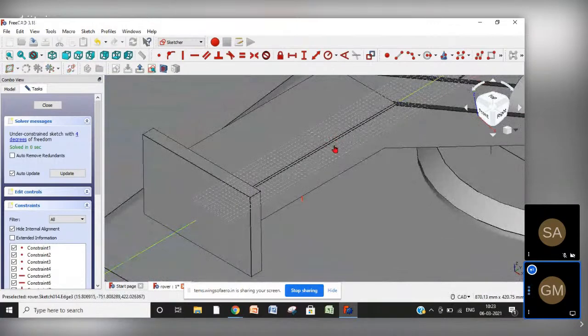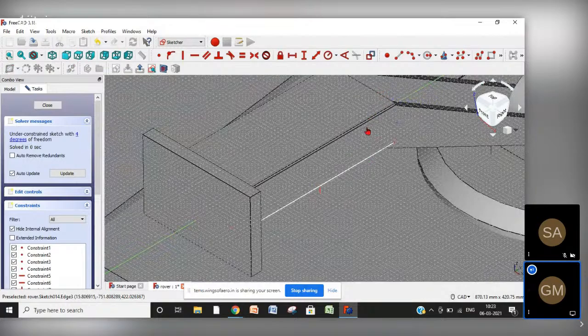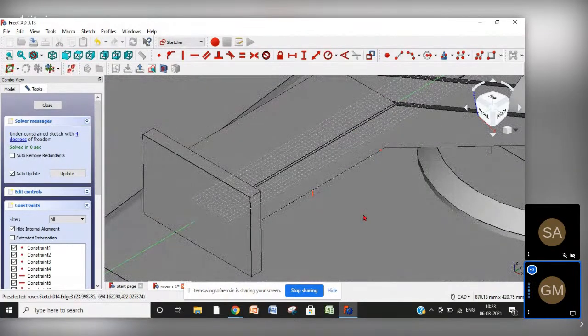Now I need to increase the length up to this point. Okay, going north,